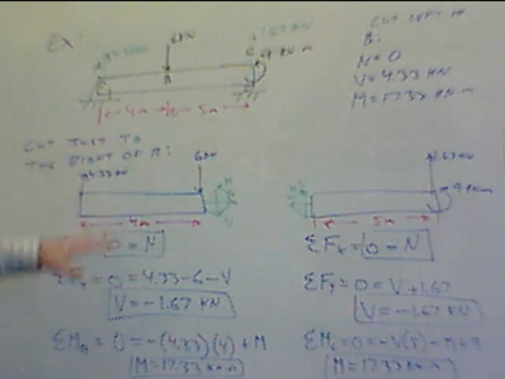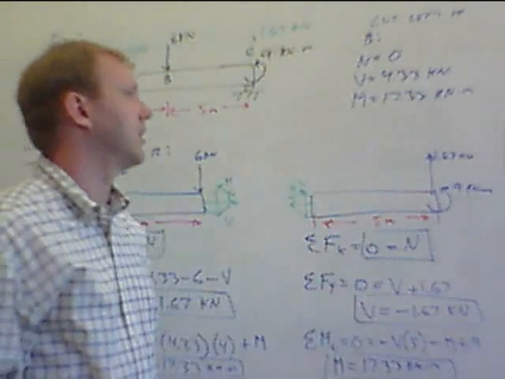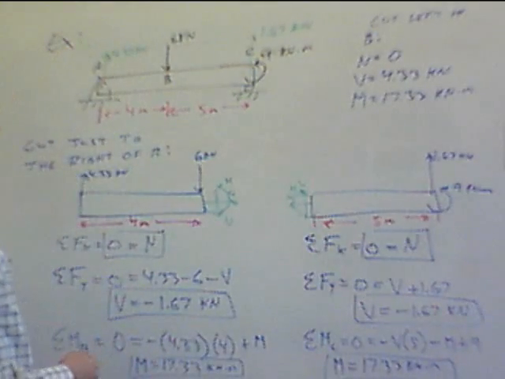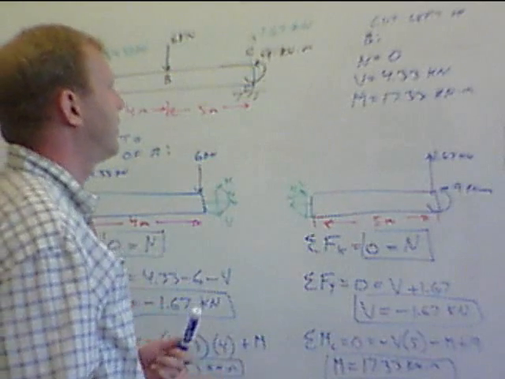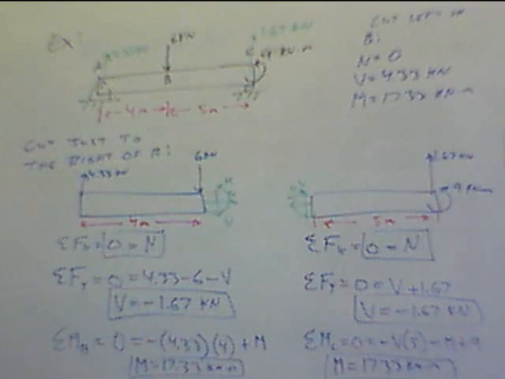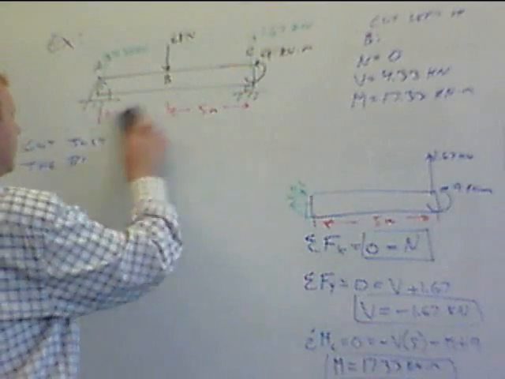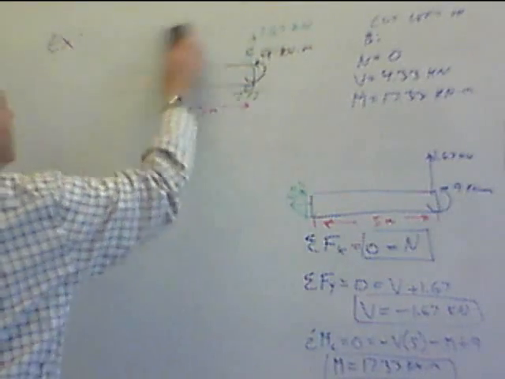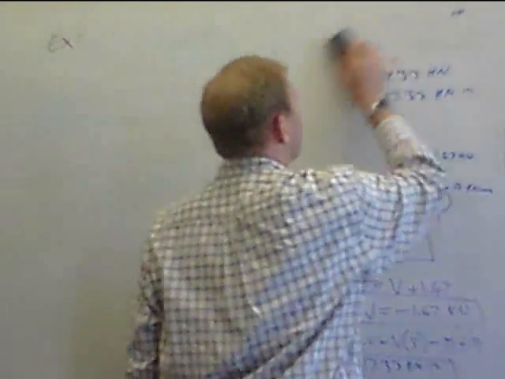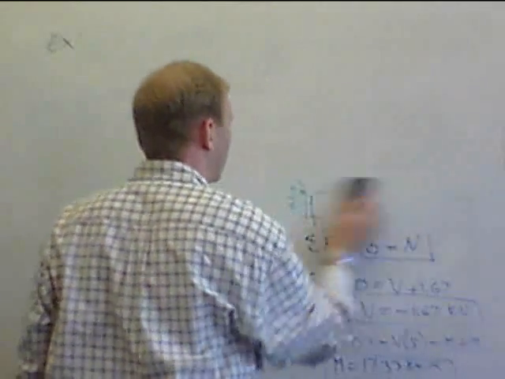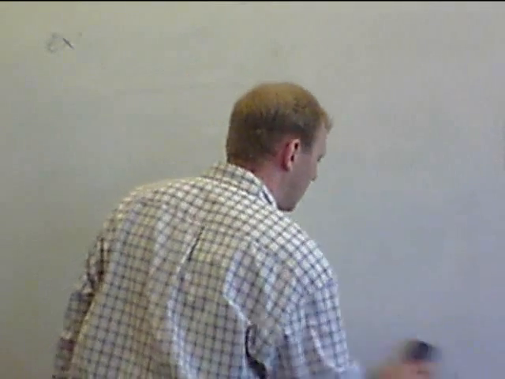Okay, so this is a simple example. I did some extra work here to show that it's equivalent either way. But this is a simple example of how to find an internal force on a simply loaded beam. There is one piece that gets a little bit more complicated, and that's when we have to deal with a distributed load. If we look at an example with a distributed load,